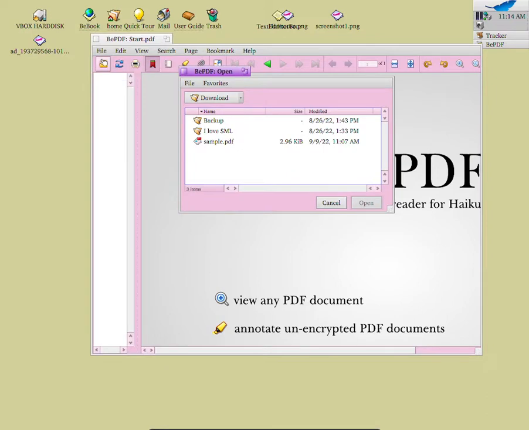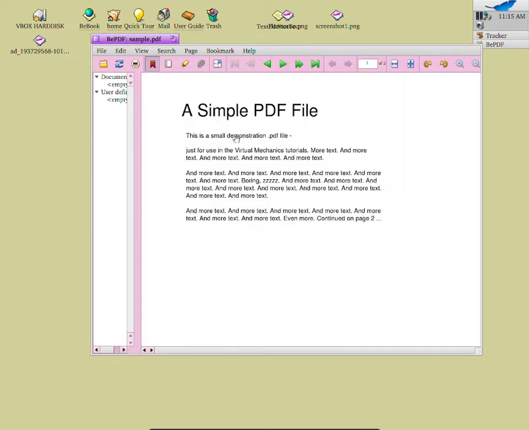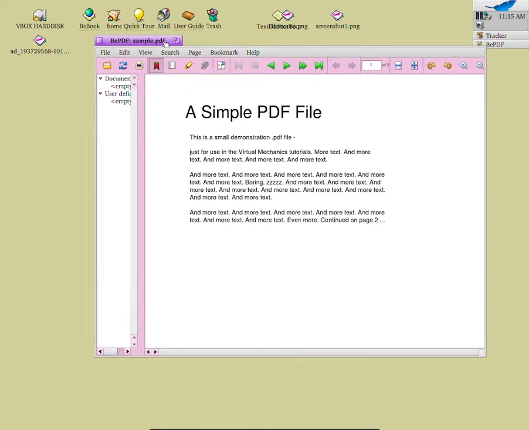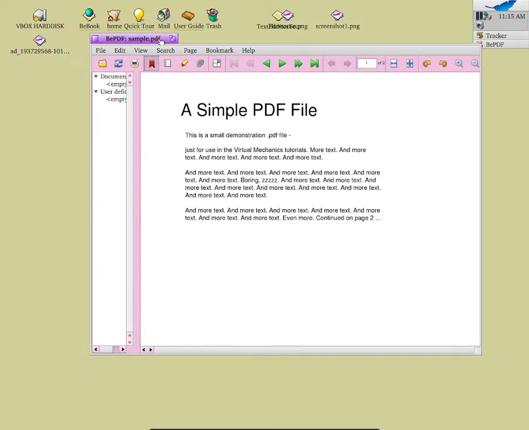And then from here, just go to where we basically saved our PDF. In my case, I saved it to the downloads directory, so I'm just going to open up sample.pdf. And as you guys can see, it has opened up the sample PDF, which I have downloaded from the internet, because I was lazy to make my own one. But anyway guys, this is how we'll be able to